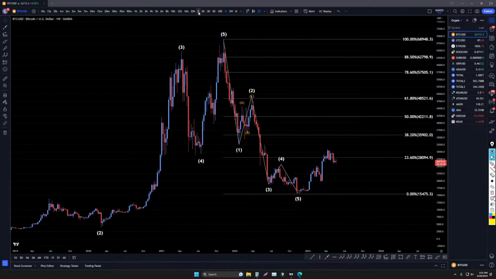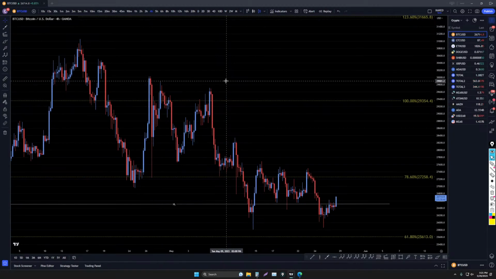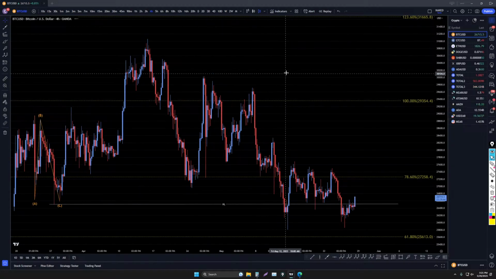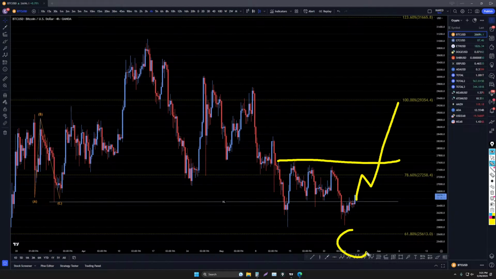No, I don't trade Bitcoin either, but I do own a tiny bit of Bitcoin that I've just planned on holding. I don't really plan on doing much with it. I'll probably just hold on to it, whether it goes up or down. It's not really going to be a trade. It's more like a little bit of an investment. But if this goes up and breaks structure, I would say that's the end of a correction.